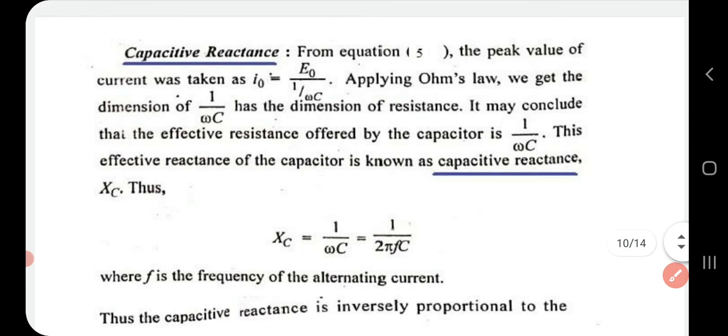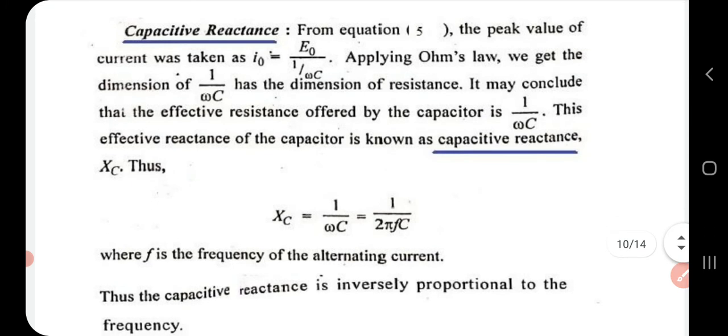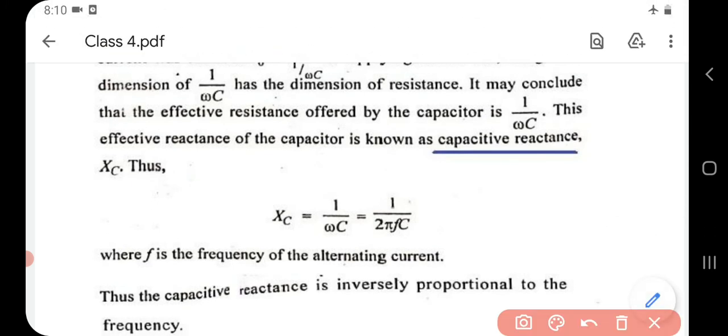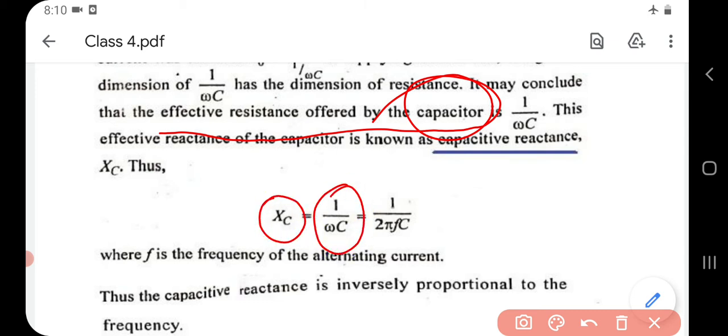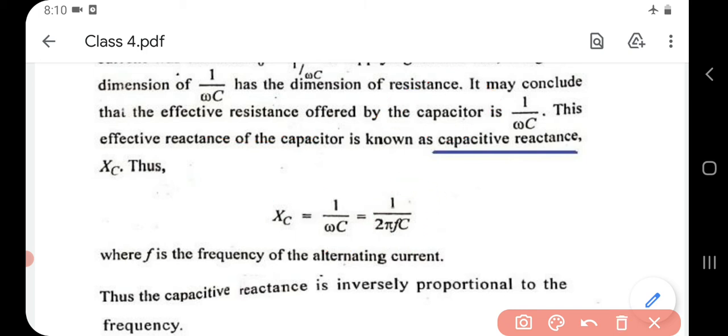Similar to inductive reactance, here you have capacitive reactance. Now, what is capacitive reactance? It is the effective resistance offered by the capacitor to the flow of current in an AC circuit. It is expressed by the letter XC. It is 1 by omega C. Omega is 2 pi f, so it will be 1 by 2 pi fC, where f is the frequency of